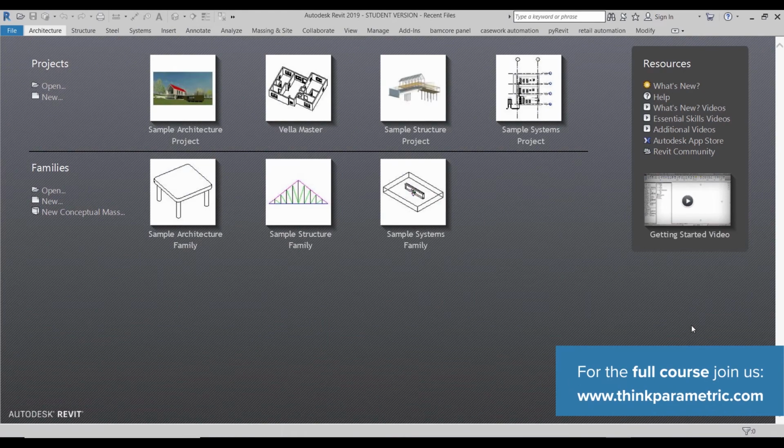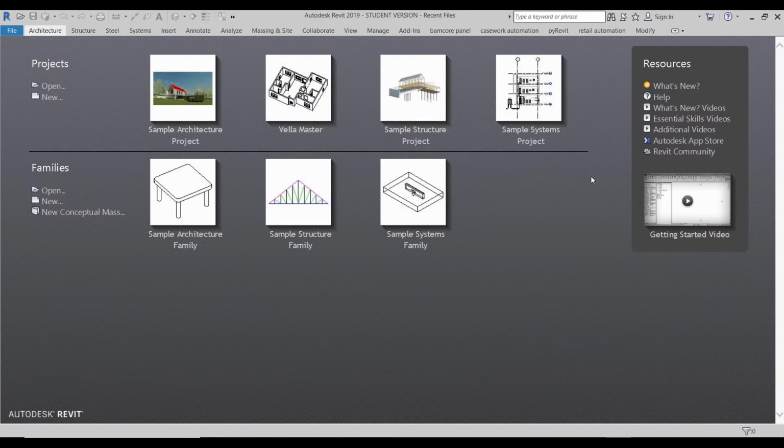Now that you have Revit installed on your machine and have it launch, you should be able to open it and it should look something like this. So generally, when you have it open, it shows you your most recent project that you have open. If you're opening it for the first time, it'll come with a pre-downloaded set of sample projects and models and families. And definitely click on these and explore these as you need to.